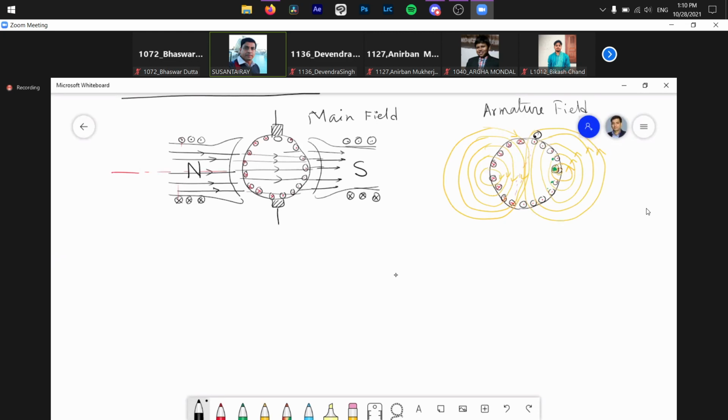Okay, now you see that, suppose I am assuming it is a generator, and it is rotating in this direction. Suppose it's a generator, because generator and motor are different, that we have understood. Now if I assume that it is a generator and rotating in this direction, whether I am correct or not, can you explain that?